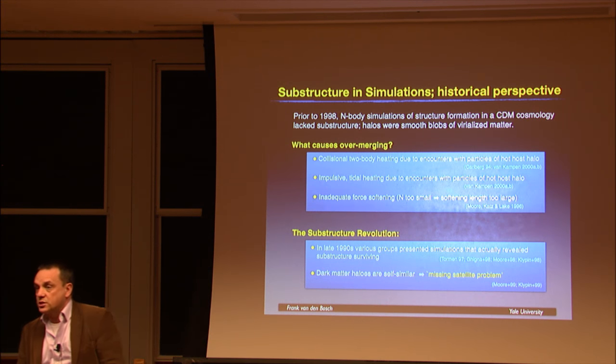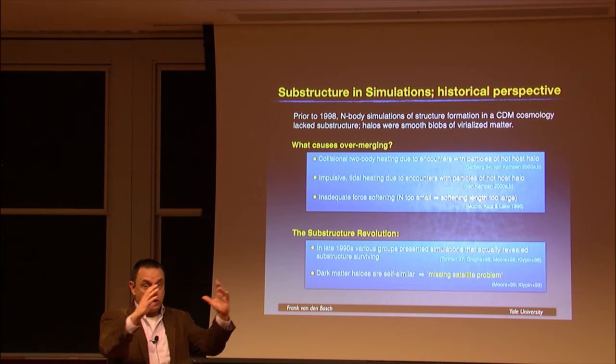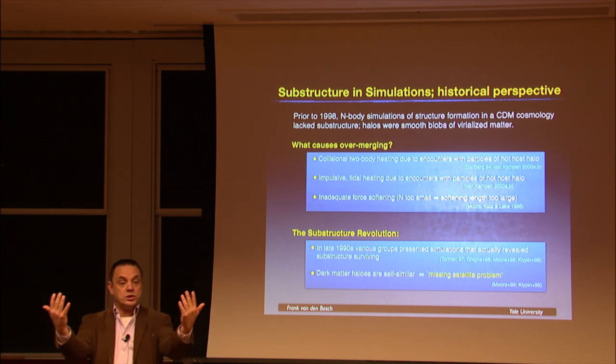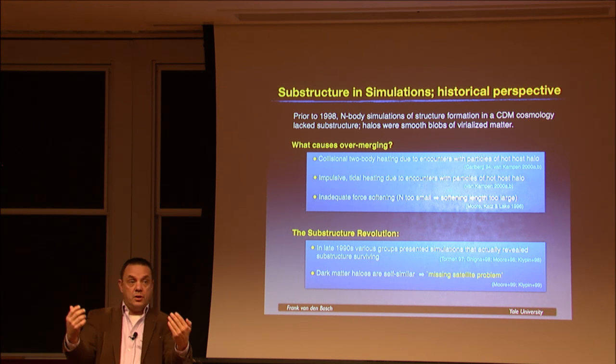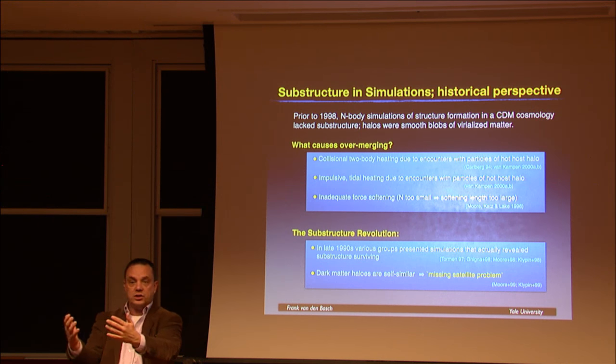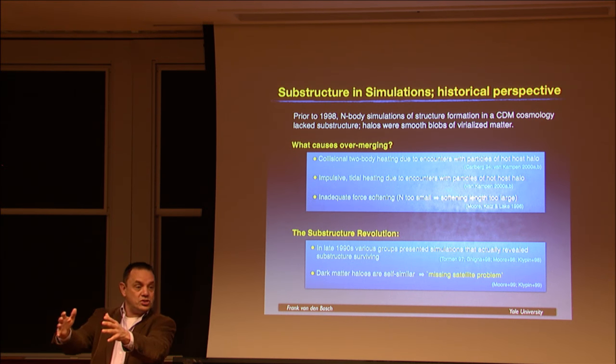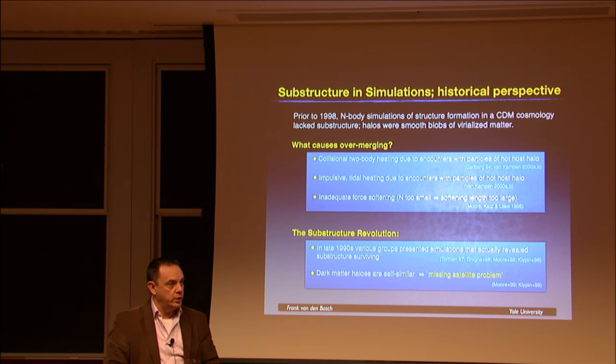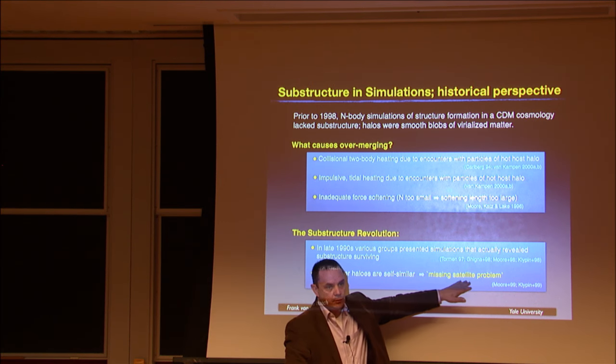Because what they found was if you run a simulation of a massive cluster or a Milky Way-sized halo, they looked self-similar in the dark matter. But if I look at a Coma cluster and the Milky Way, it doesn't look self-similar. We have too few satellite galaxies in the Milky Way. That was the point. That's why it became known as the missing satellite problem. And hundreds of papers have been written on this.